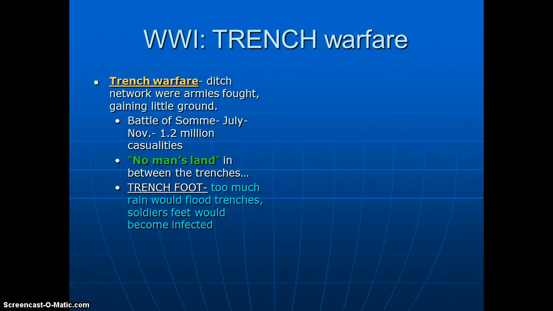But one of the biggest defeats was what we call trench foot, because these men sat in waterlogged ditches for days on end. Their feet would become inundated in water because our skin is like a sponge and we just absorb it in. And so the soldiers' feet would become infected by it.